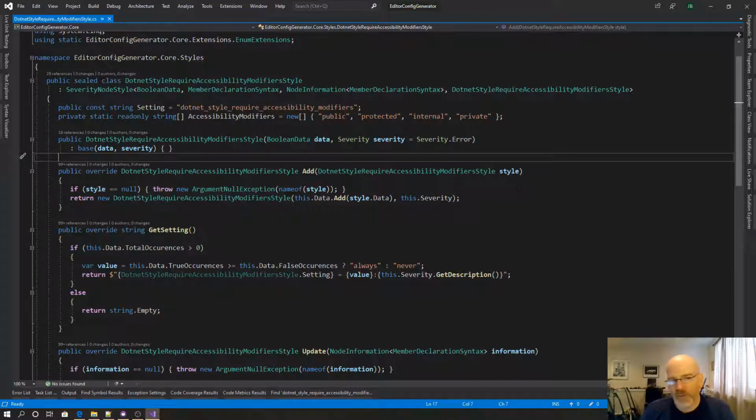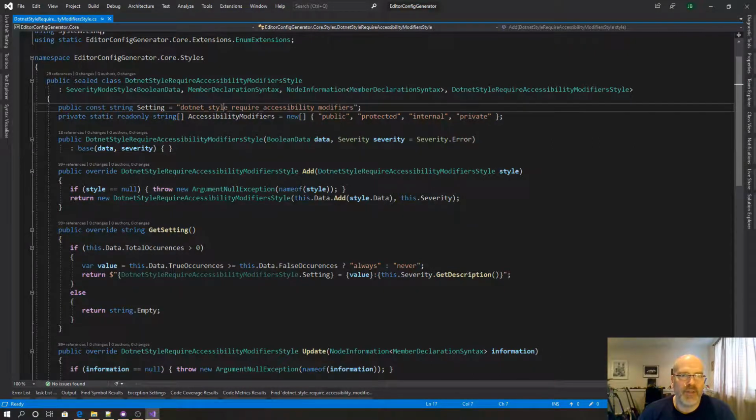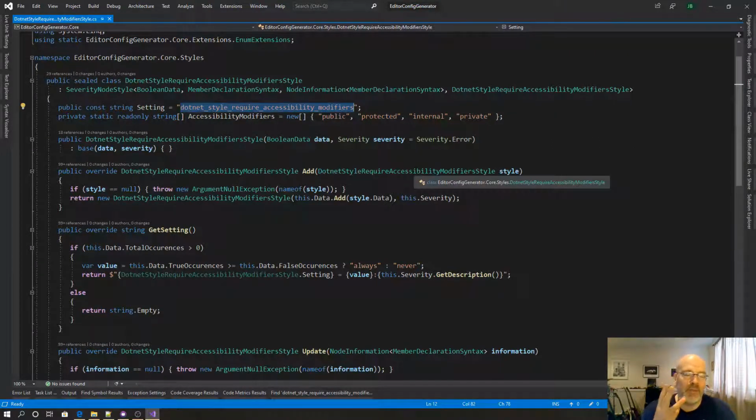So the first thing I'm doing with EditorConfigGenerator is this bug. Or Novotny declared it as a bug. I guess that's semantics, but he is correct in that this style here, there are three. There's actually a fourth, and I'm just going to purposely go la la la to the fourth one because I need to get my head around the third one here first. And I'm looking over at the things here, and